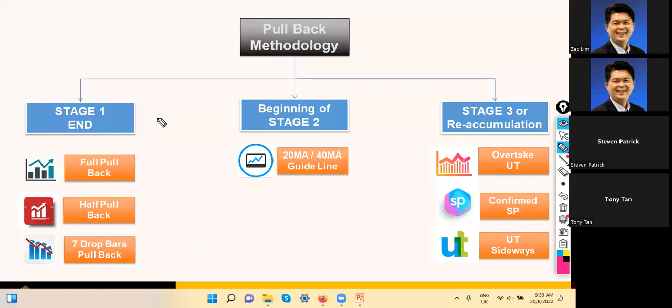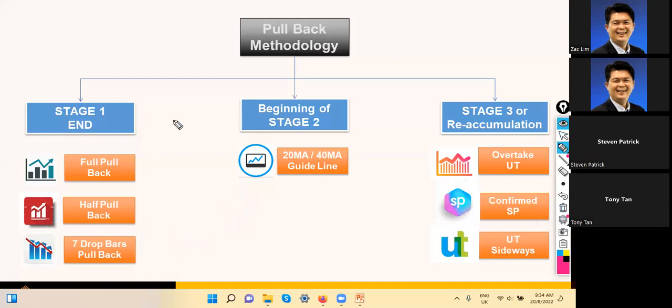And after that, in stage 1, we will use the pattern of full pullback, half pullback, and 7 drop bar pullback. Okay, so all these things, because when you have accumulation before, the stock never goes in a straight line only. Okay, there will always be some pullback and go up again. Okay, so this is the concept. Okay, so that's why we are trying to catch this pullback. Okay, before the relaunch again of the stock. Okay, so this is